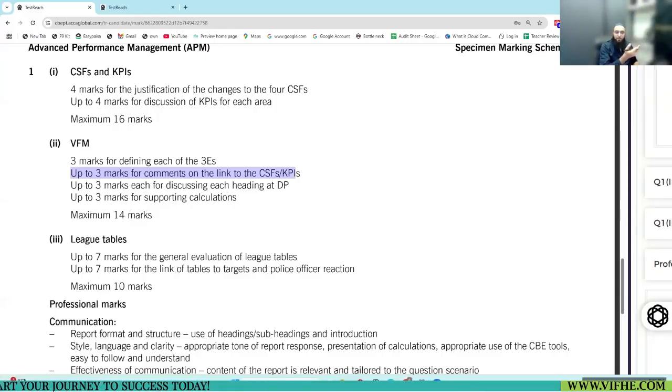Remember that one paragraph of answer? And the rest was all the discussion part, up to 3 marks for each area. This up to saves you a lot, because if, for example, you missed out on this area and you wrote this completely well, you grab complete 9 marks, up to 3 marks each for discussing each heading. So for example, if you missed out on this area, you won't fail. You have the luxury to cover that by writing in the other area and grab complete marks available. Listen to this point.